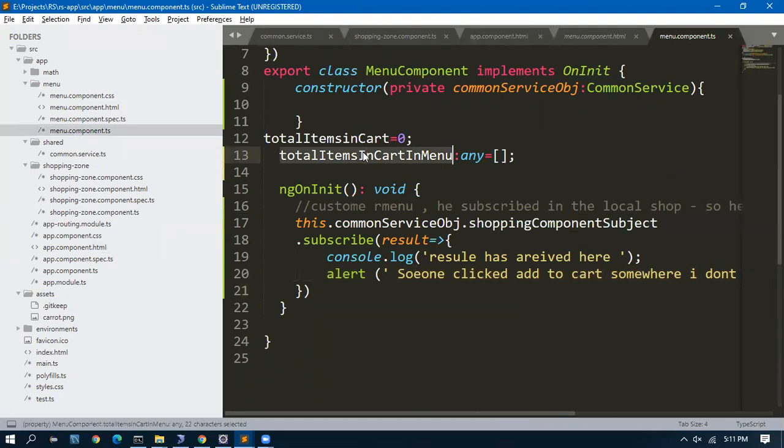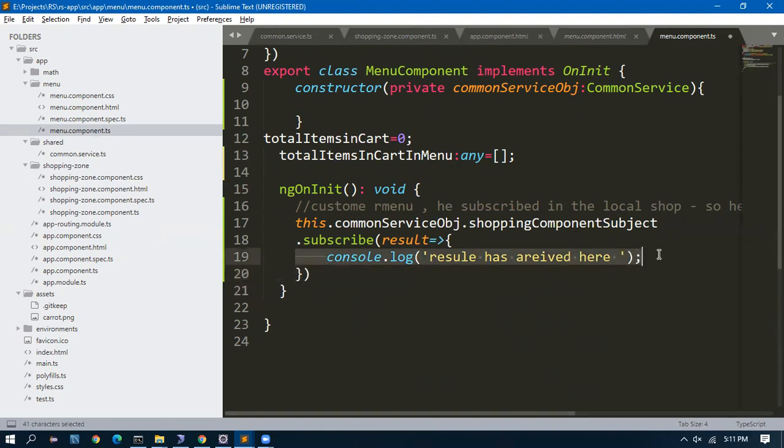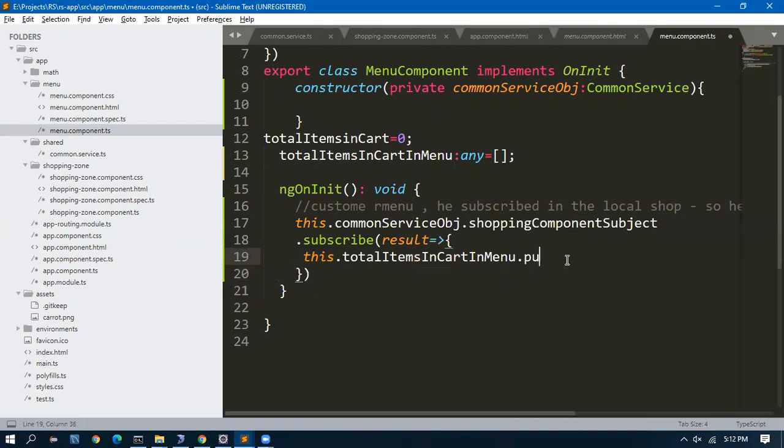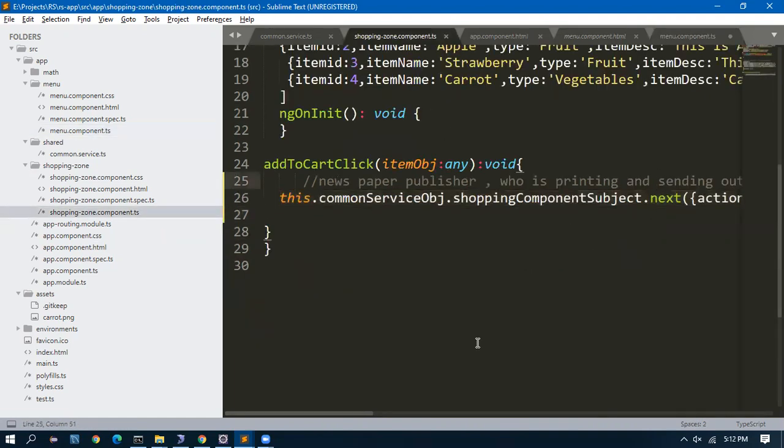Yes, I have this array. So whenever a message comes, what I will do, I have to push it here. this dot object dot push. What I have to push? Result. If you see here in the result, what will come?